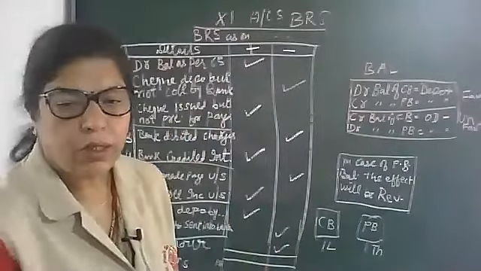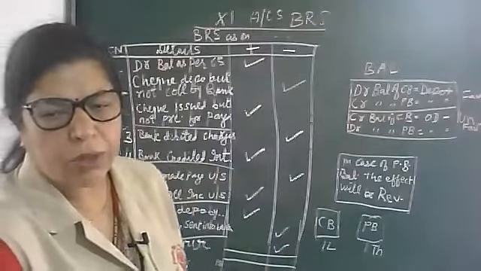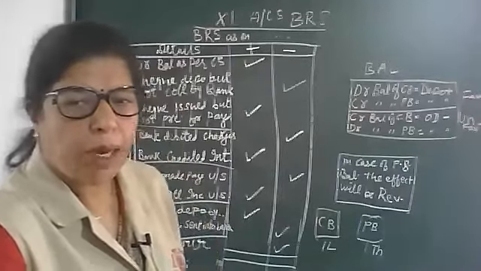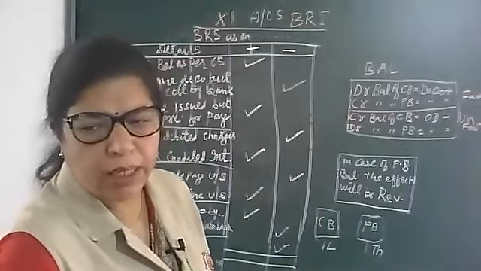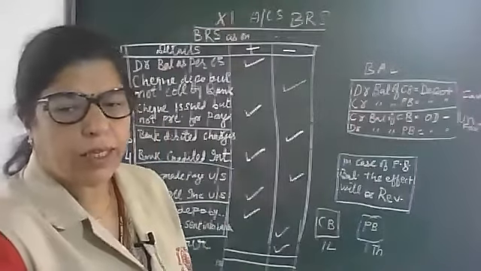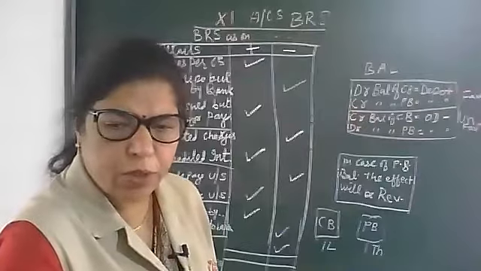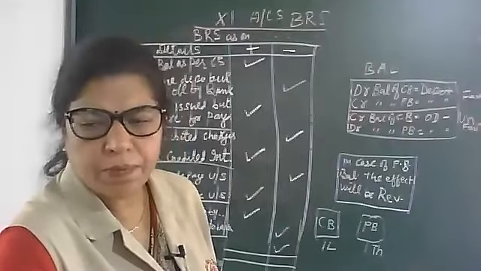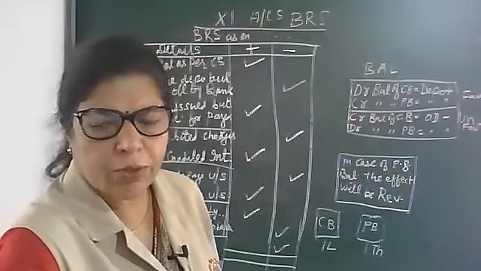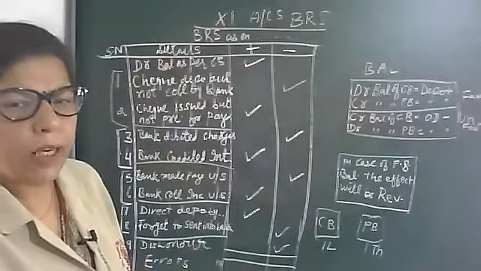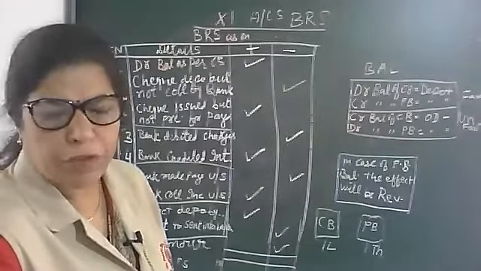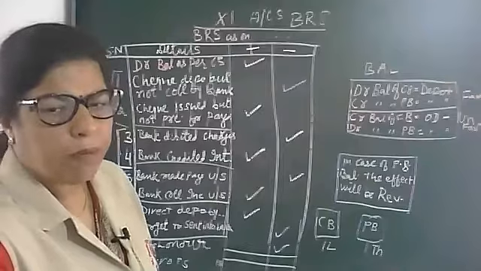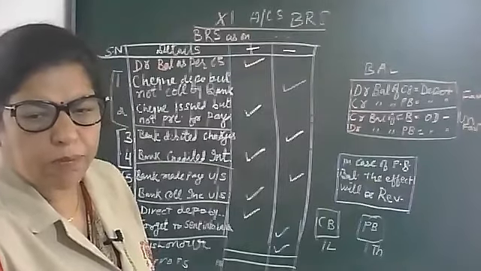Yes, my dear children, my 99,000 rupees could be matched if I prepare BRS. Bank reconciliation statement is prepared to match the balance of cash book as well as balance of passbook. If you have any doubt, you can ask. I'm sure you must have understood. This 99,000 rupees can be found out with the help of preparation of bank reconciliation statement. These are the reasons of differences between the balance of CB and PB.